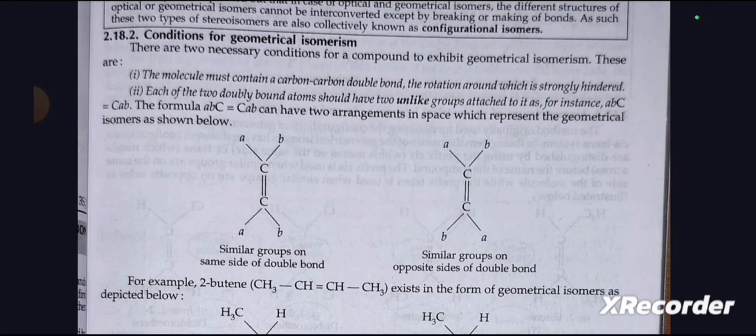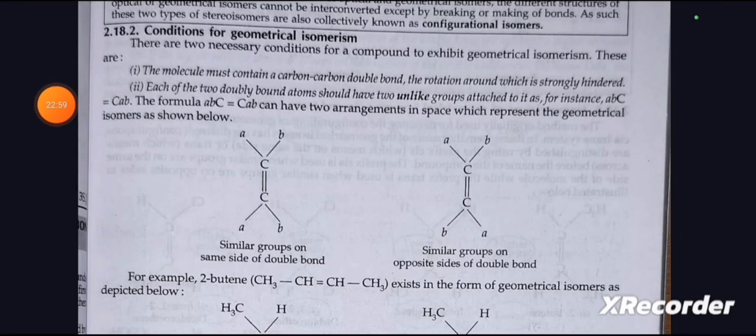2.18.2 Conditions for geometrical isomerism. These are two necessary conditions for a compound to exhibit geometrical isomerism. First, the molecule must contain a carbon-carbon double bond, the rotation around which is strongly hindered. Second, each of the two doubly bonded atoms should